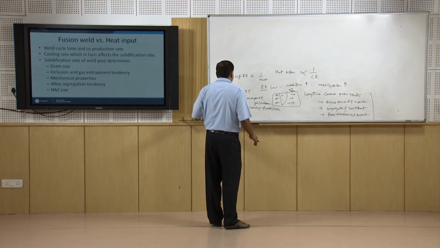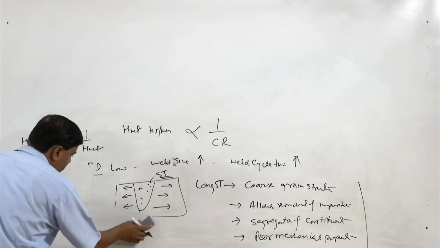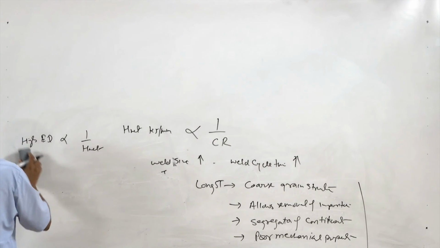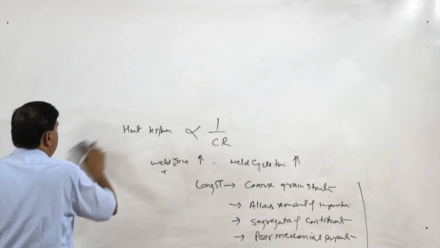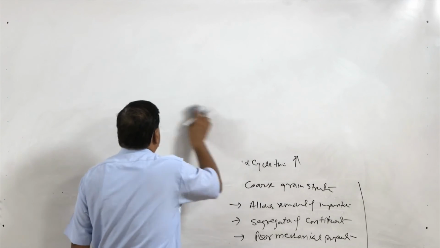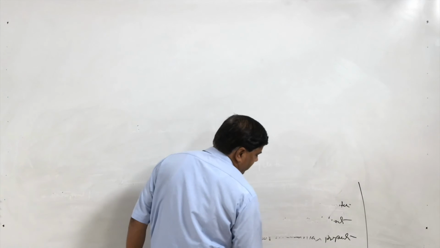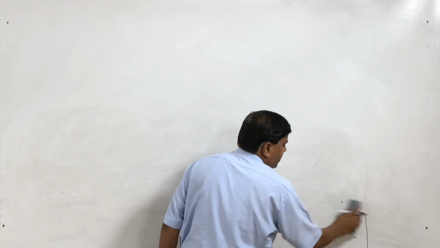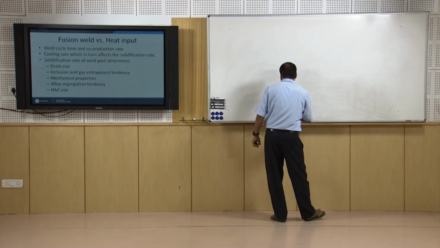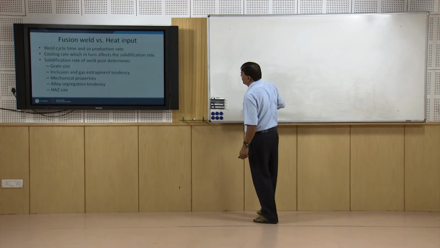heat input, and the amount of heat input is a function of the energy density associated with the process. If the energy density is high, heat input will be low. Low heat input causes a higher cooling rate, and a higher cooling rate will have its own effect as compared to the low cooling rate conditions. So, the effect on the joint performance and the soundness of the joint, that is what we will see